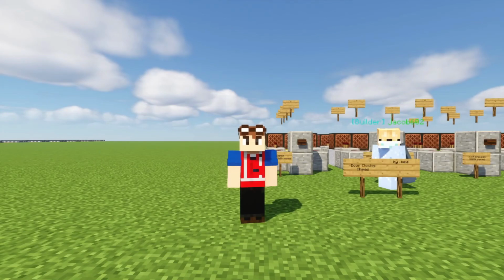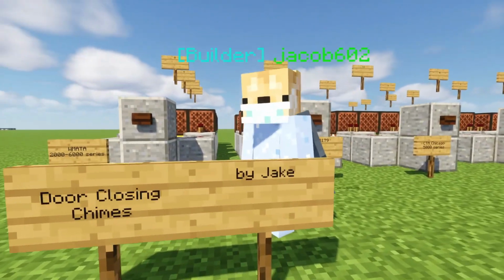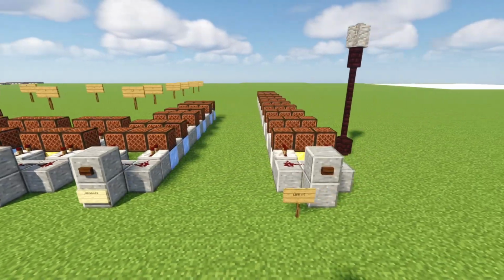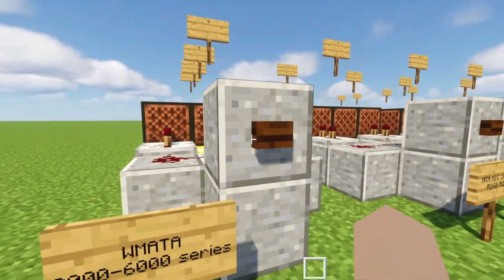Are you looking for some more sound effects to add to your Minecraft train? Well, here is Jacob602, otherwise known as Jake, and he designed some door closing chimes using note blocks, so we have many different notes over here. So I'm just going to be playing them. So first off,